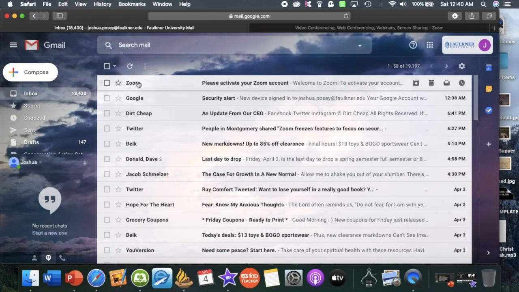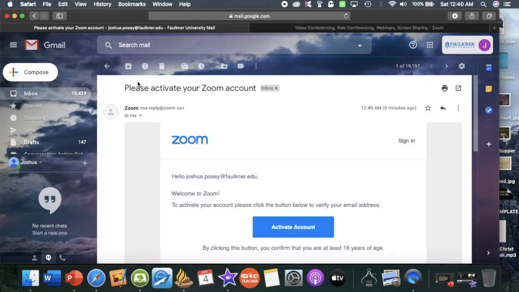So we're going to pull up our email, and look right there at the top is that email from Zoom. Please activate your Zoom account. So I'm going to click on that email, and it's going to open up and give me a blue link to click on for me to activate my account. And so I'm going to go down here to this email, find that activate account button,